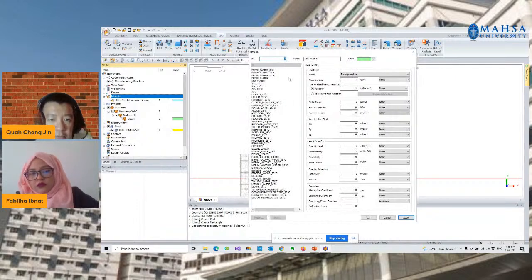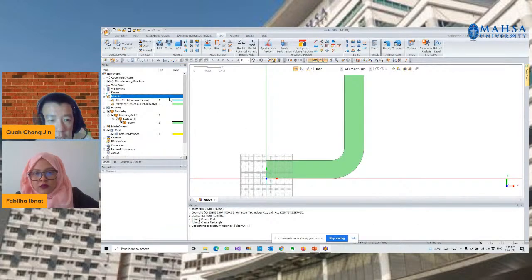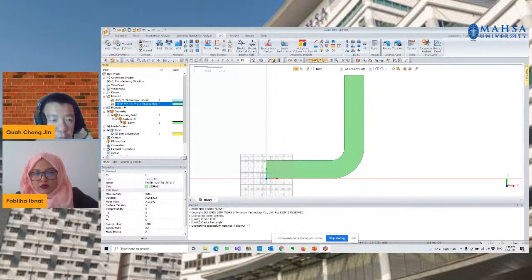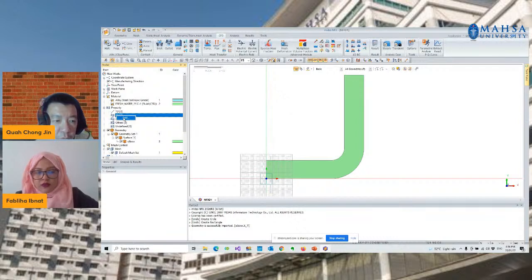Within the library, we have several liquids available. And in our case study, we'll be choosing the fresh water. So all the mechanical fluid properties will be displayed over here. You may notice that the fresh water will be called out and displayed in your 3 bars. So we are going to apply the fresh water over the elbow by using a 2D properties.